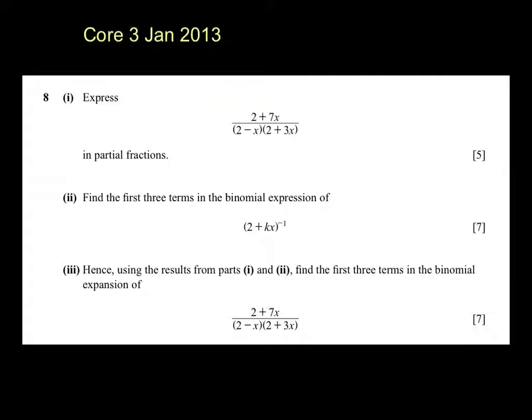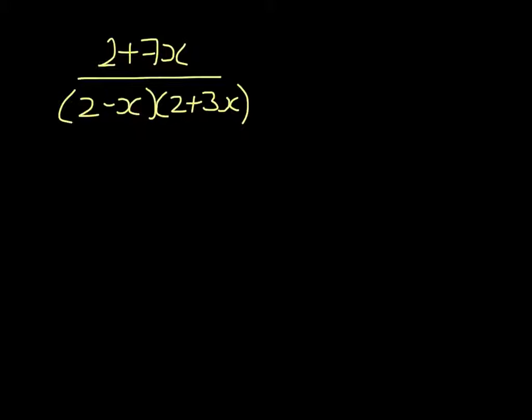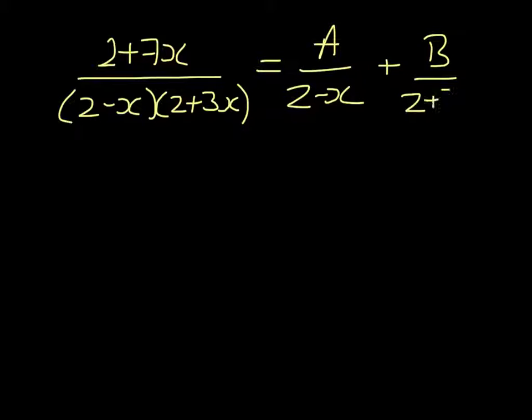4-3, January 2013, question 8. For this partial fractions question, the first thing we need to check is that it's a proper fraction, i.e. the power of x on the numerator is not equal to or greater than the denominator. Numerator's x to the power 1, denominator's x squared. That means I can say that it's going to be A over 2 minus x plus B over 2 plus